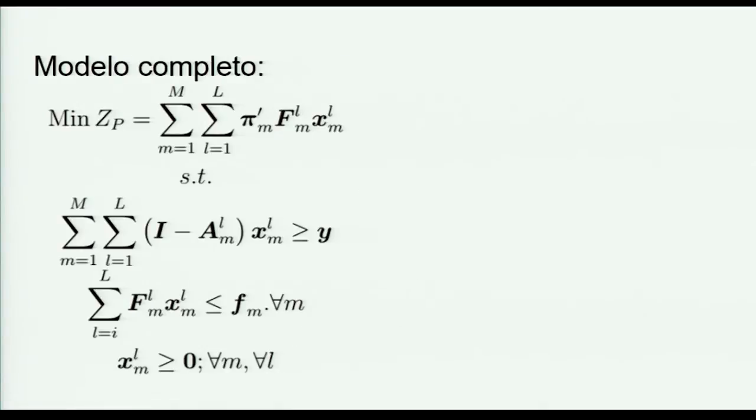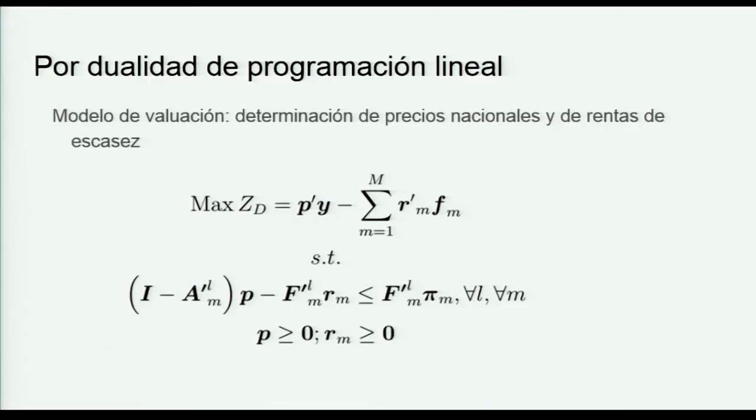Because it is a linear program, all the equations are linear, you can't use derivatives. This is solved by operations research and linear programming, but you can also use the theorems that are available. There's a duality theorem that for each primal model that is determined, this is a primal model that determines quantities, there's a dual model, which is a price model. So the model endogenously determines the product of each region, but also the price that satisfies the markets, that is, that solves the general equilibrium problem on the one hand, but also determines the rent of